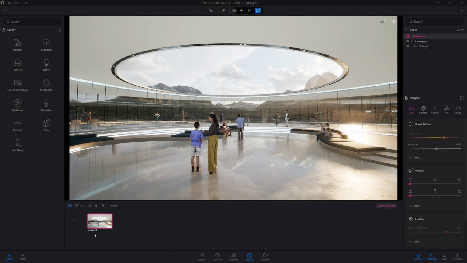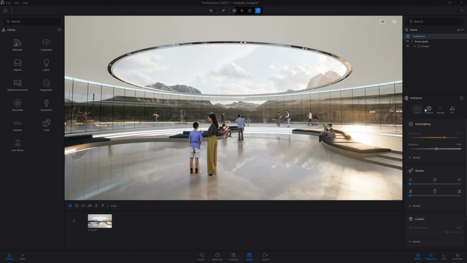You can tell that you are in a media first because you have the Quit Media Mode button. Also, the icon in the scene organizer and in the property panel are turned pink, as you can see here. If you want to quit a media, I will just click on Quit Media Mode. Those icons will turn again to blue. So here we are not in a media anymore.